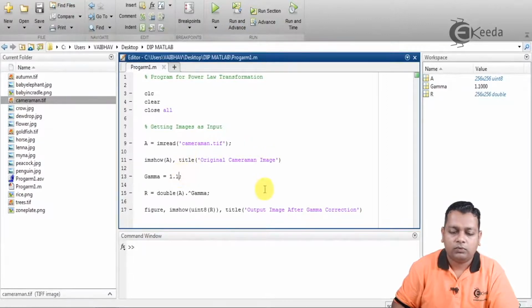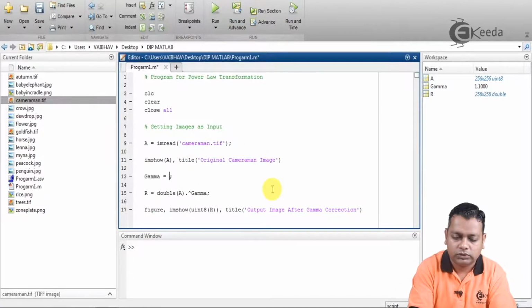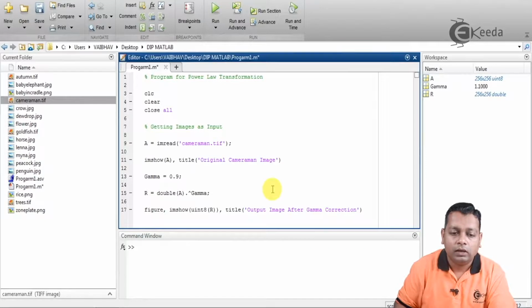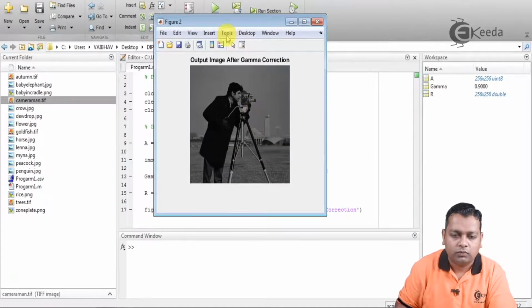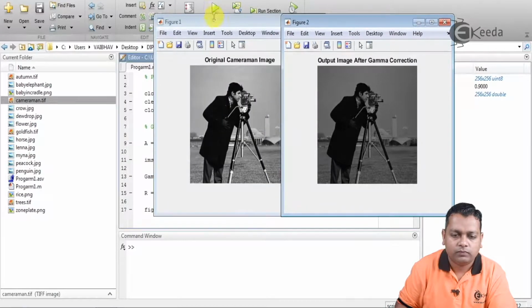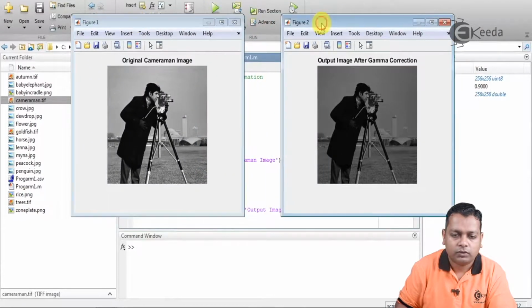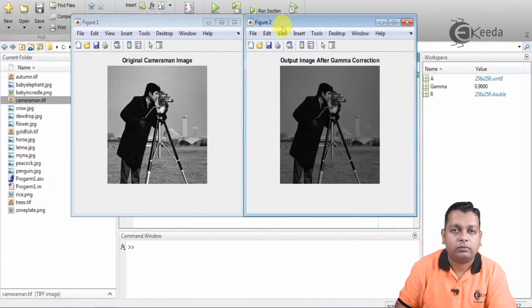On the other hand, if we reduce this value to 0.9 so that it is less than 1, I save the program with the changes and run it again. Now we again have the two windows. For comparison purposes we can keep them like this.